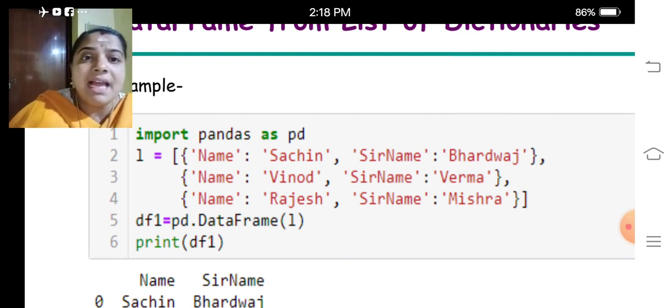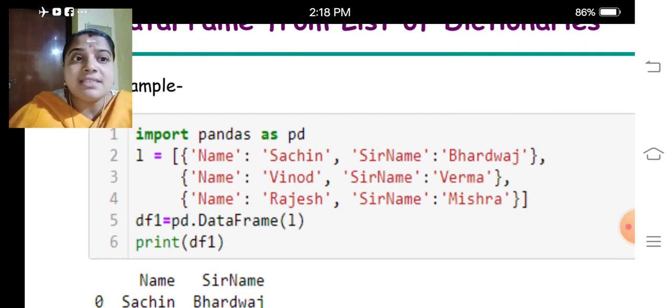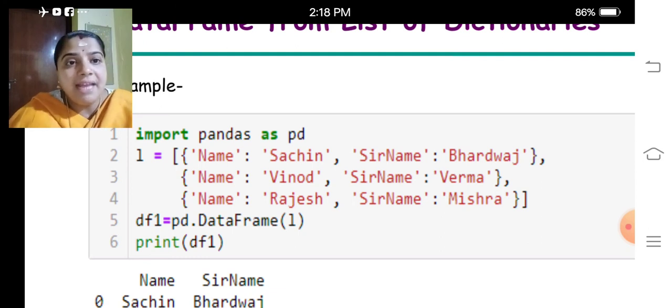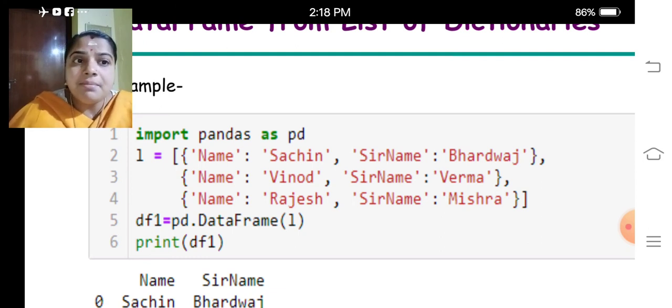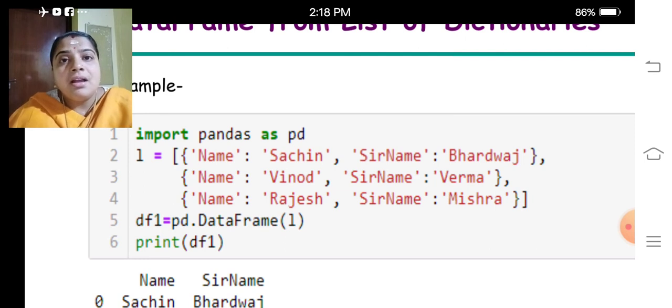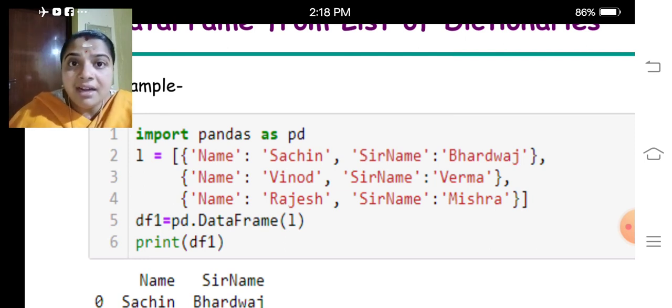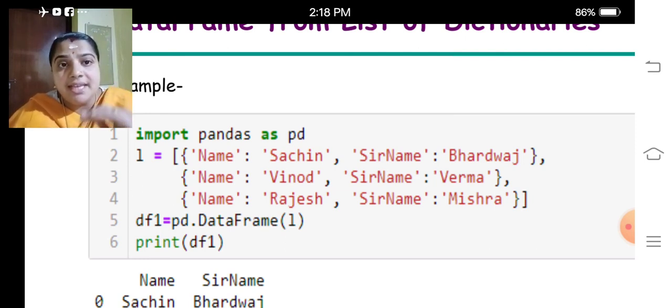So how do these values come? Name Sachin, surname Bhardwaj. Then name Vinod, surname Verma. Name Rajesh, surname Mishra. Like that we have given a list of dictionaries.